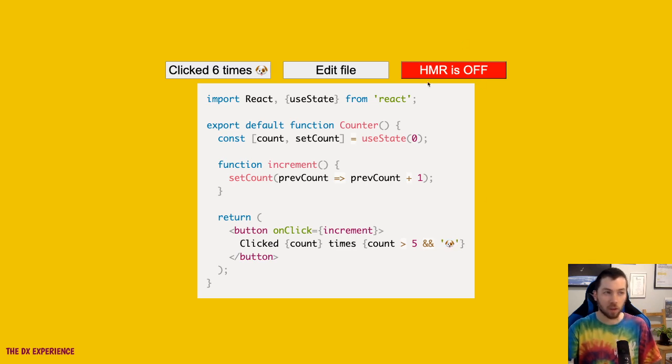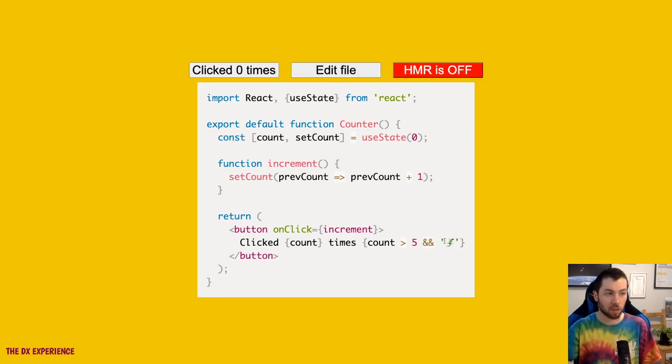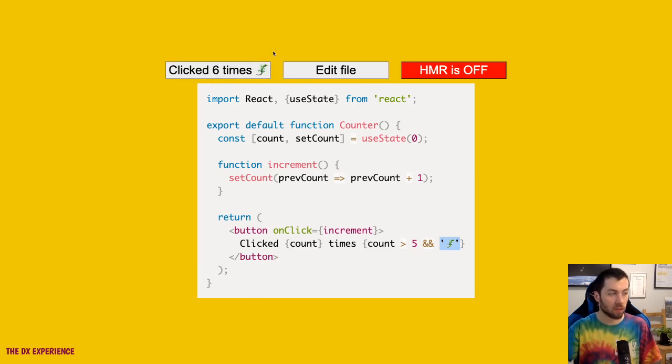Notice that hot module reloading is off right now. When we edit this file, changing that puppy emoji to a lizard, the state gets reset, and we have to click 6 times to verify that our change was successful, which it was. That's great. Now, that same example with hot module reloading on,